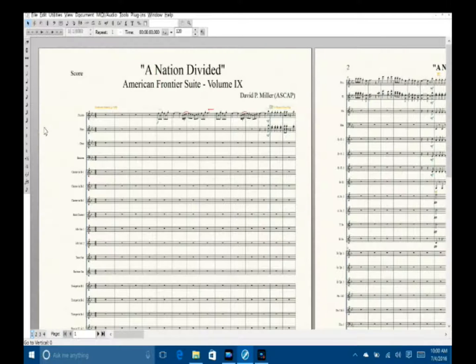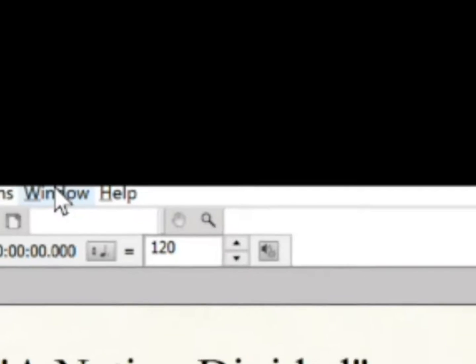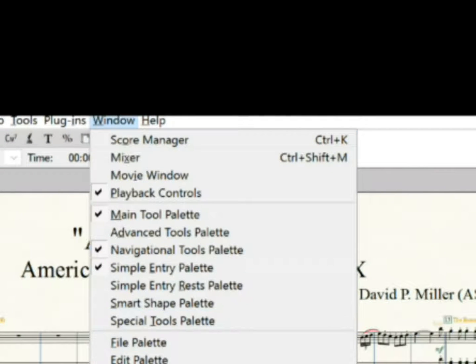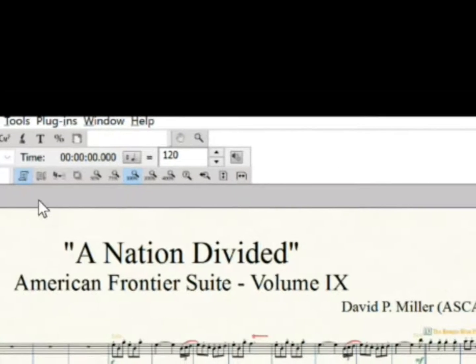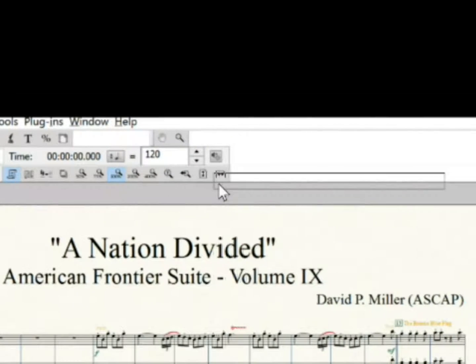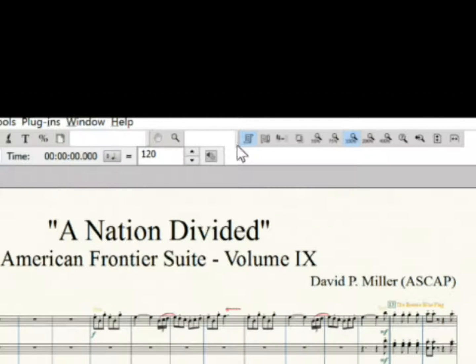Now we could either do that by clicking on the zoom tool. I prefer to use the zoom palette, or under the Windows menu, I go down and I see the View palette. Click on that, and you'll notice we now have a new palette right down here. I'm going to drag this off to the side so that it doesn't take up too much screen real estate, and put it over to the right of the normal palette.